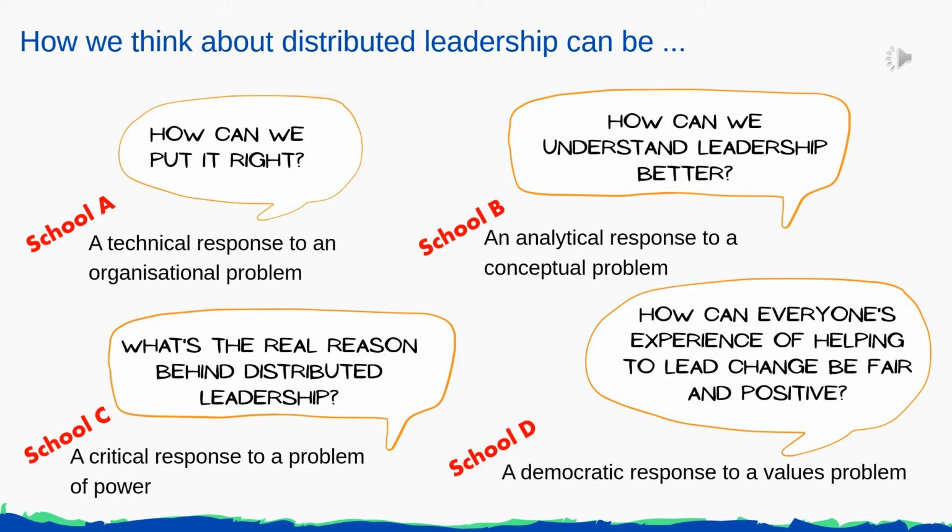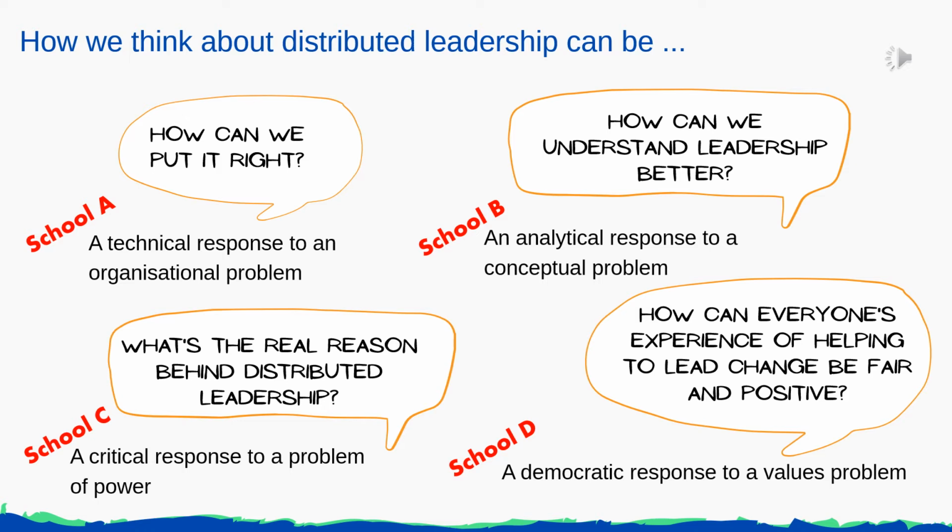The third example. In School C, the staff have an inquiring approach to leadership. Here, colleagues are aware that they have the potential to lead change, thus contributing to whole school development and enhanced student learning. However, some staff don't see this as an emancipatory opportunity to influence the forward direction of the school. Instead, they feel that encouragement of distributed leadership is more of a cynical strategy to ensure that they play an active role in meeting the school's previously set targets and that they see these targets as the most important measure